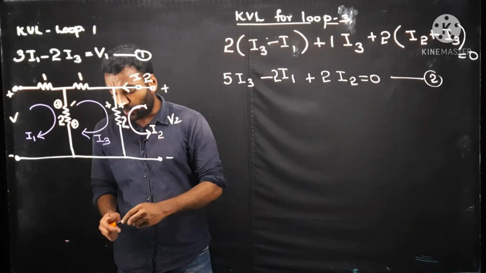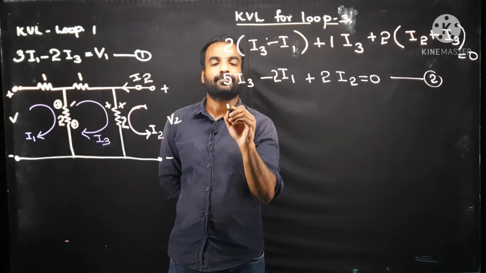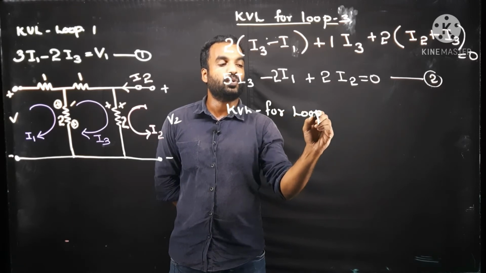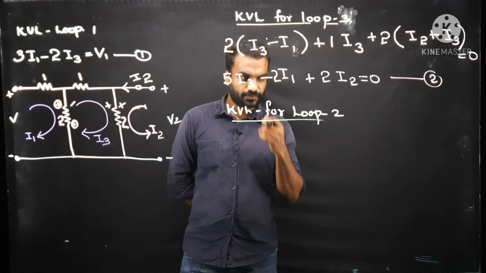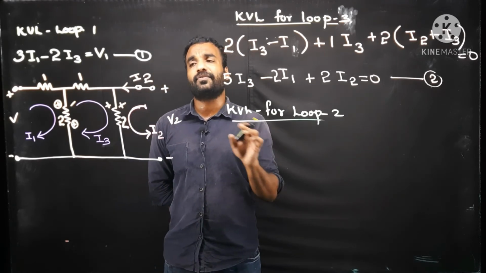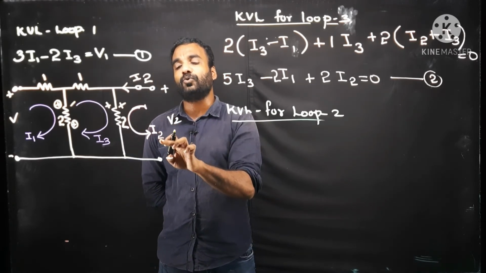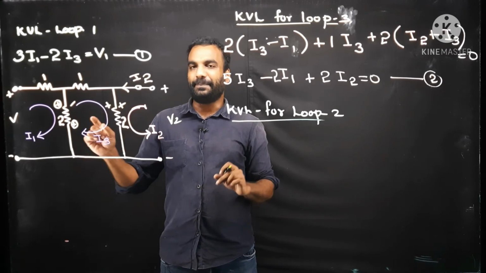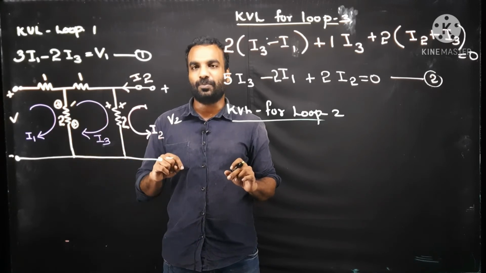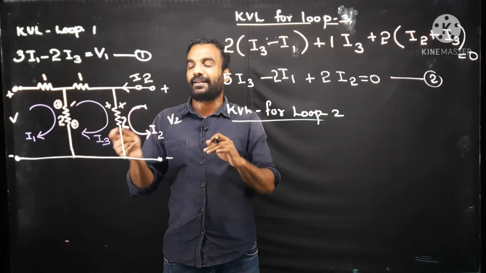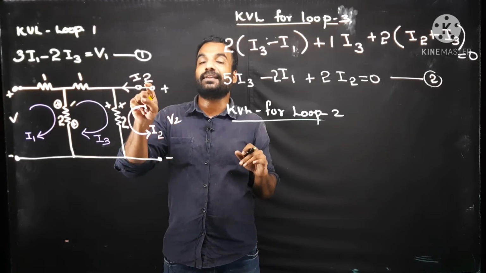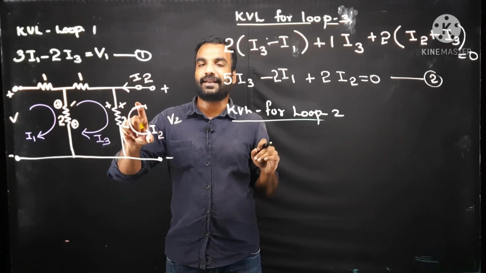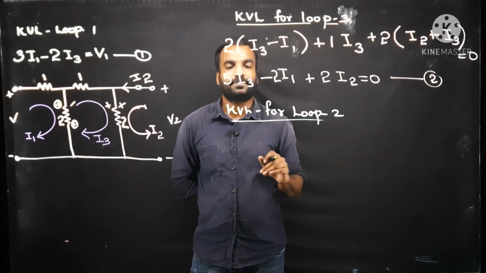Okay, now let me move to KVL for loop 2, that is the final loop. Once again, let me ask why I am giving the I2 loop here. Why not that name given to the second loop? Because basically this is the first loop, this is the second loop, this is the third loop. But we interchange the markings. Why? Because I2 is the current in the outside port. So for avoiding confusion, I am taking this as the second loop, the I2 loop.